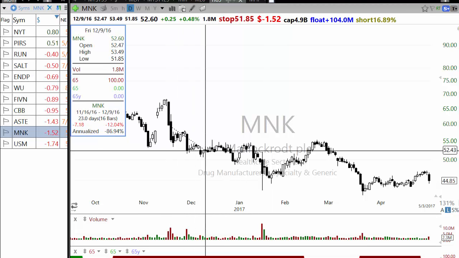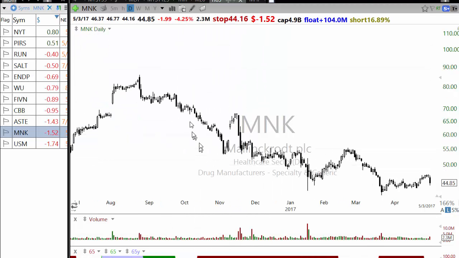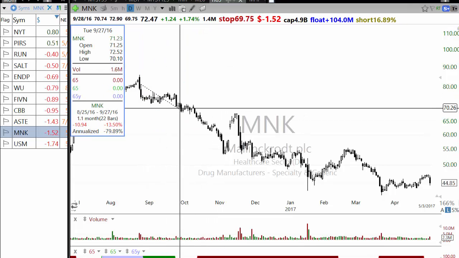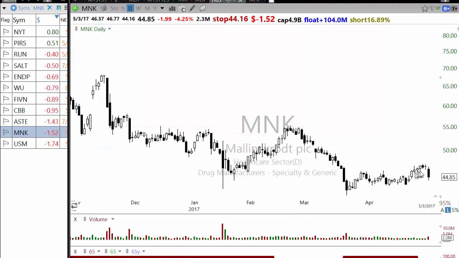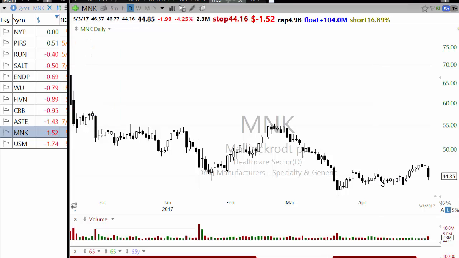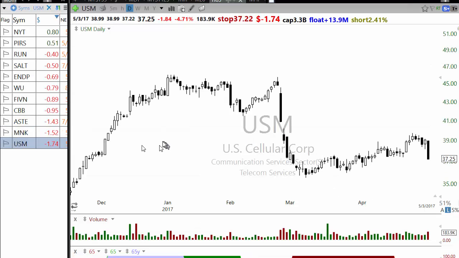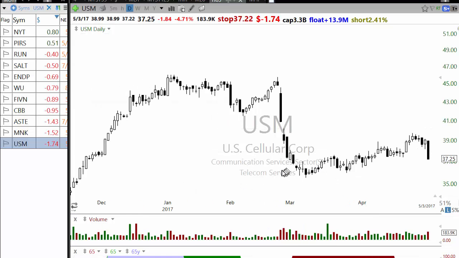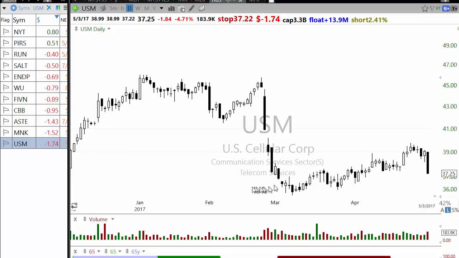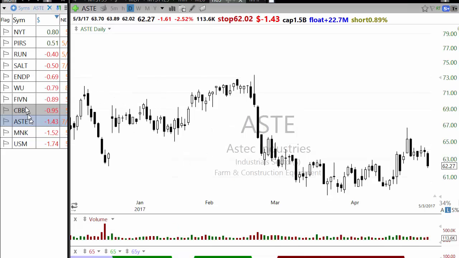Here it had a follow through of almost 22%. Here again a follow through of around 24%. Here, if you take the complete move, a follow through of around 42%. So there is a potential, but last couple of times it had a breakdown and then buyers stepped in. But the market is changing currently because breadth is deteriorating, so you might get a sell off. US Cellular, again, as I said, telecom stocks are down, and so same sector and it's down. So those are some of the shorting ideas which you can look at.